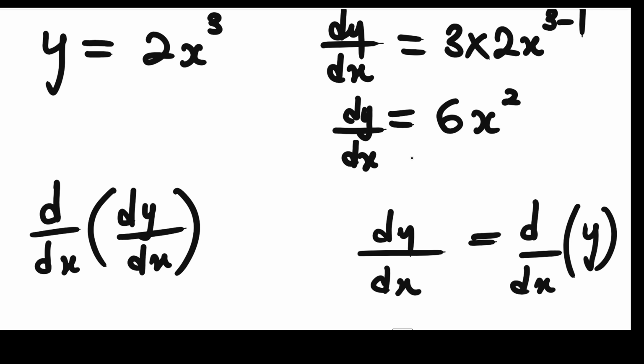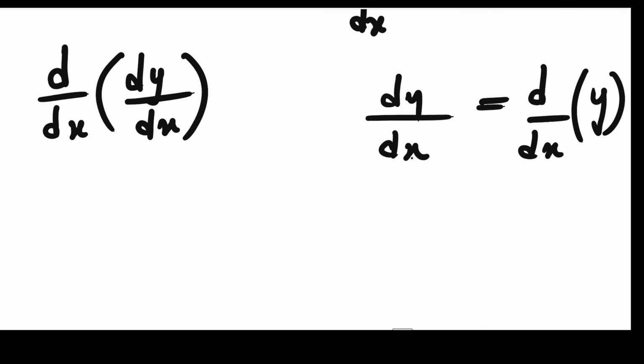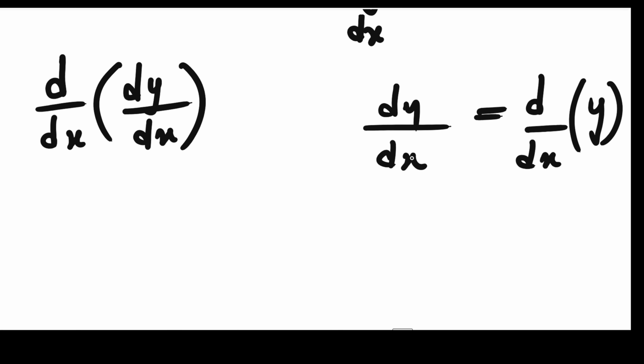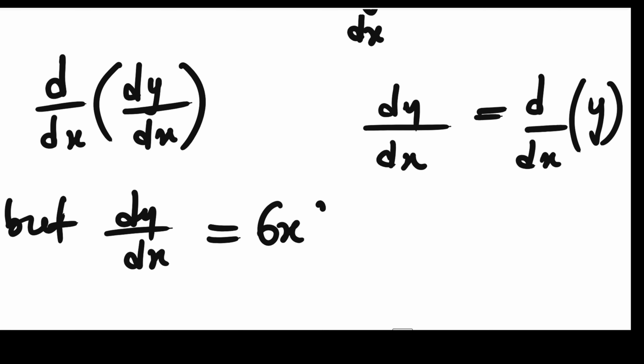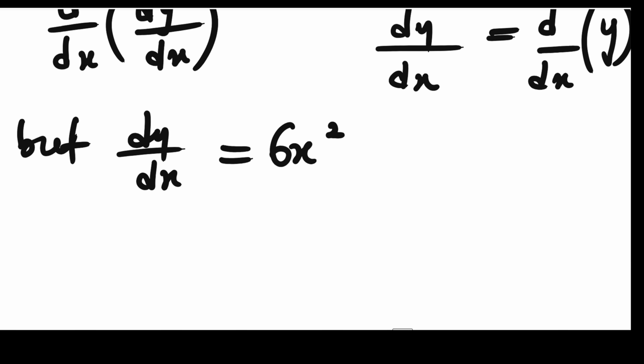So we know our dy/dx is equal to 6x squared. All right. So we need to differentiate our dy/dx again with respect to x. So we are going to get it as 12x. Now, it's not going to be dy/dx again, but it's rather going to be d squared y over dx squared,